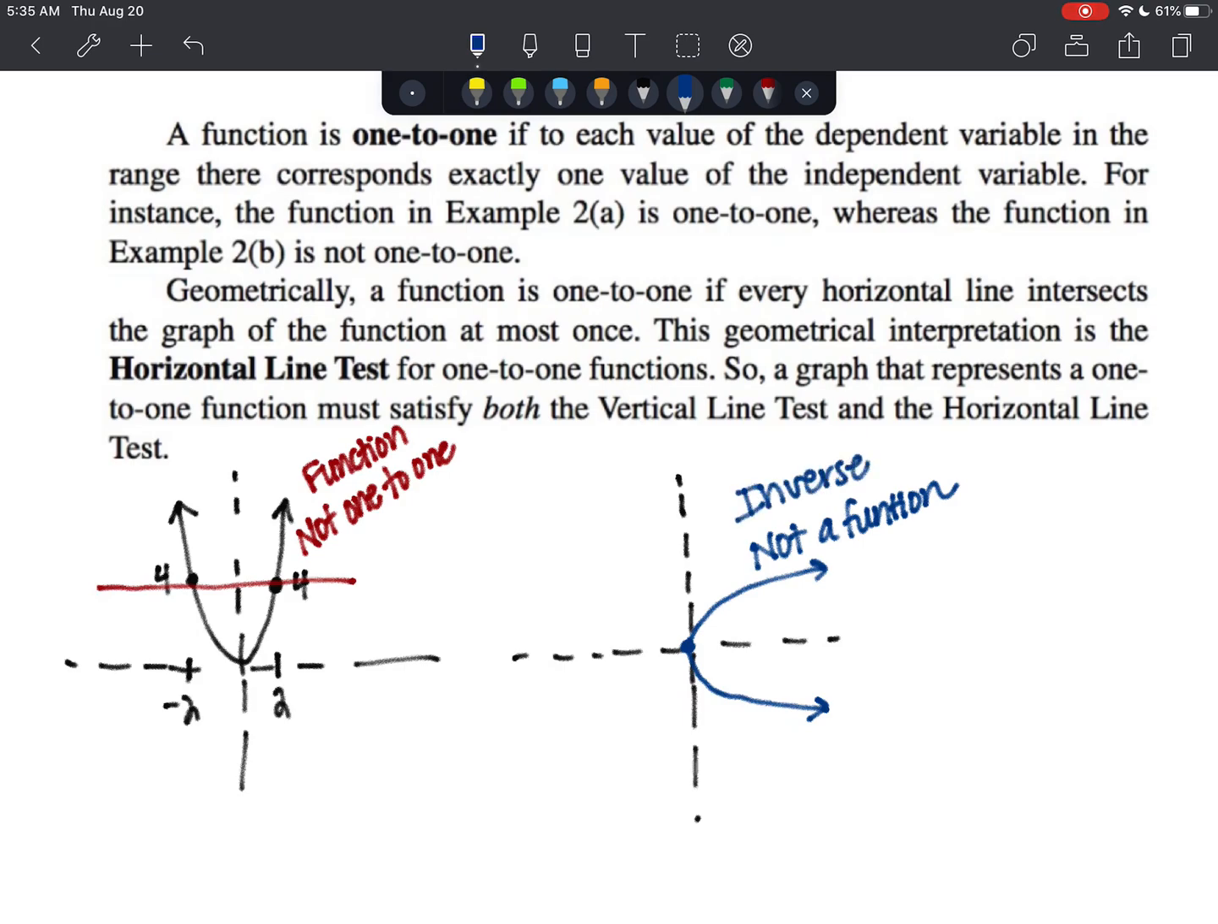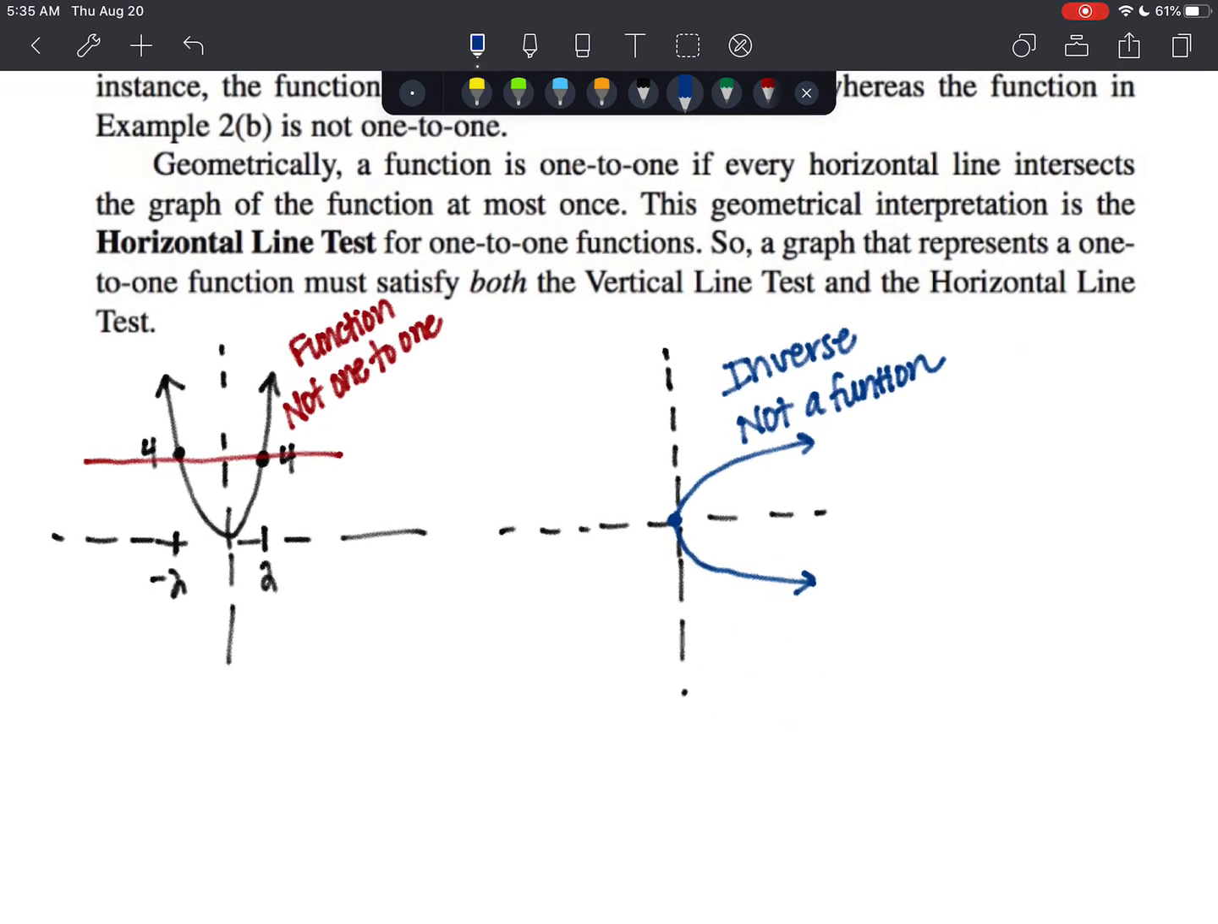So we're looking for functions that are one-to-one. Here's a function that's one-to-one. We've got our square root function. That function is one-to-one. No y's are repeated. And when we rotate that 90 degrees,